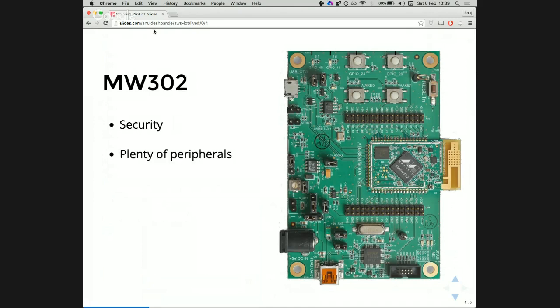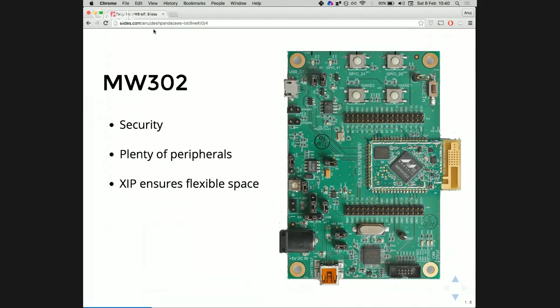It's got plenty of peripherals. One of the key peripherals it has is USB support. It supports USB OTG, which is not found in a lot of microcontrollers. XIP means execute in place. Usually microcontrollers have RAM and they have flash, right? And you have to bring your code from flash to the RAM and then execute it. But what this chip supports is execute in place. So you can keep the code in the flash and execute it then and there, right? This allows us to have as much code space as we want.